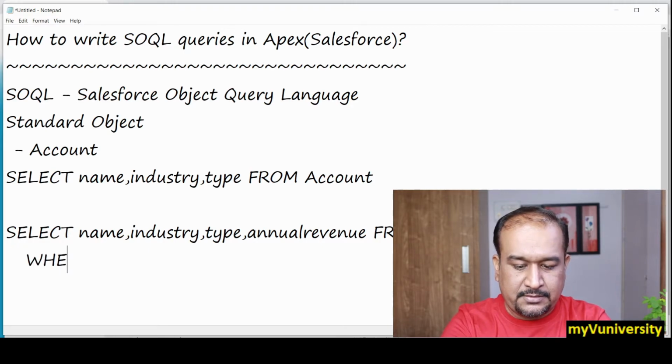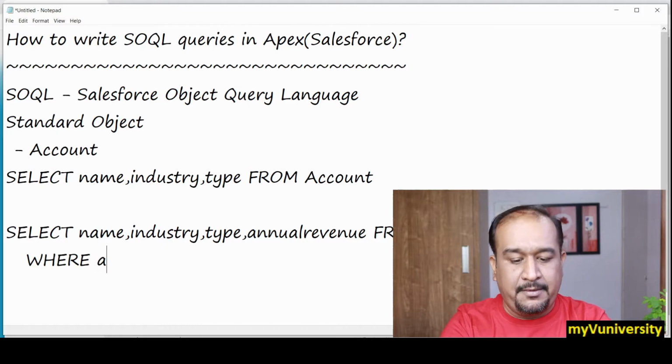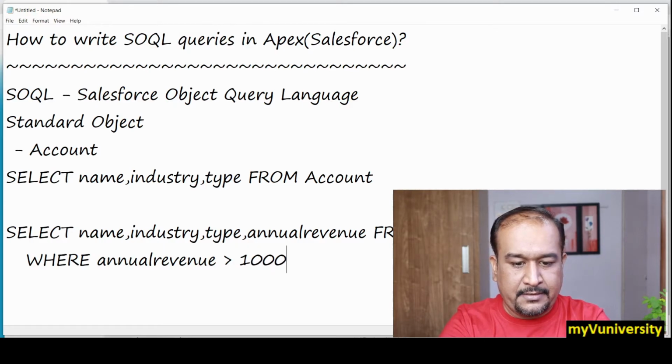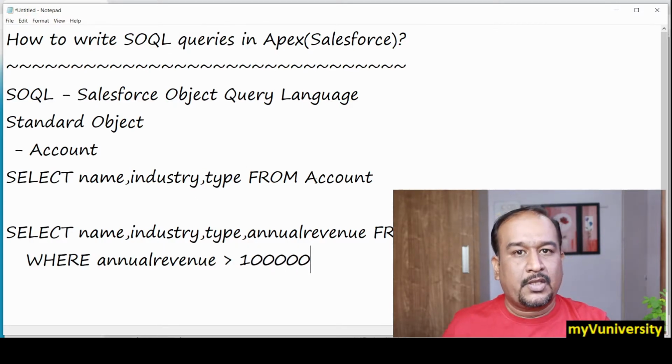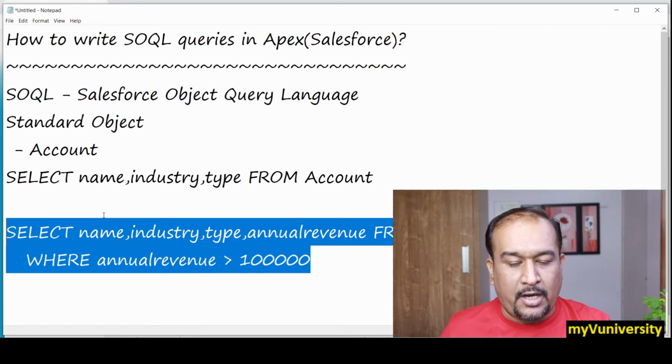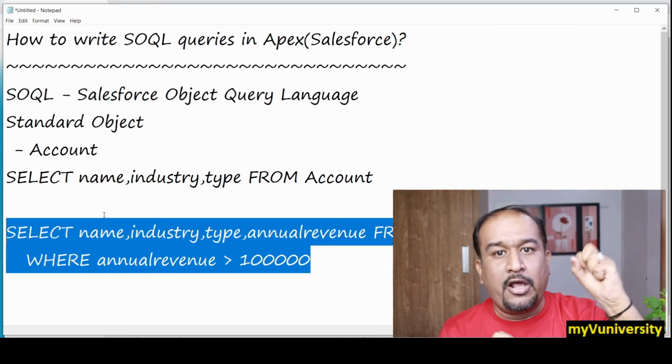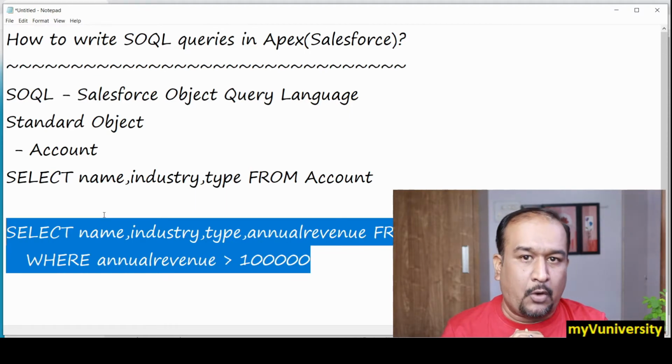So where annual revenue is greater than 100,000. Okay, so it will give you all the records where annual revenue is greater than 100,000. All those records will be fetched from account.